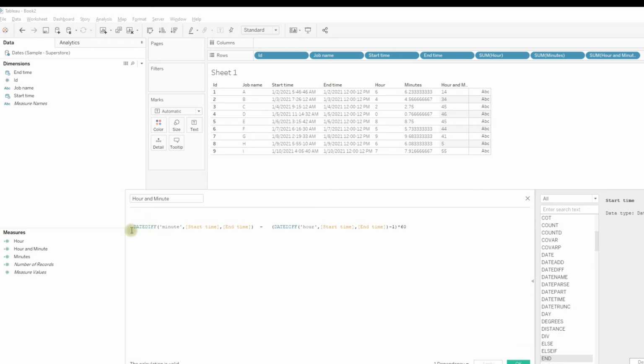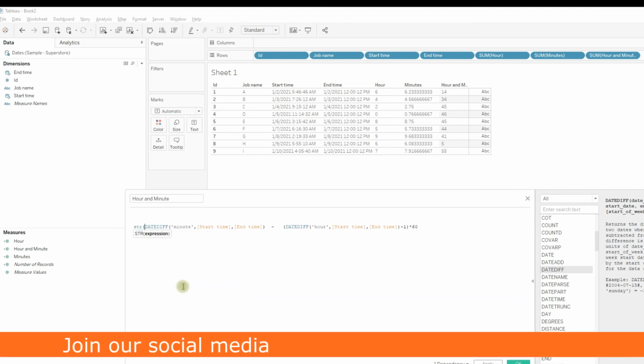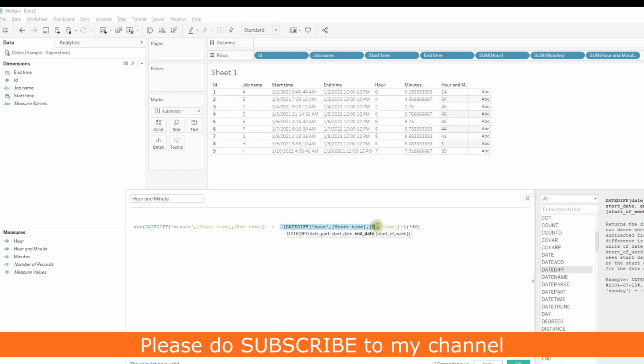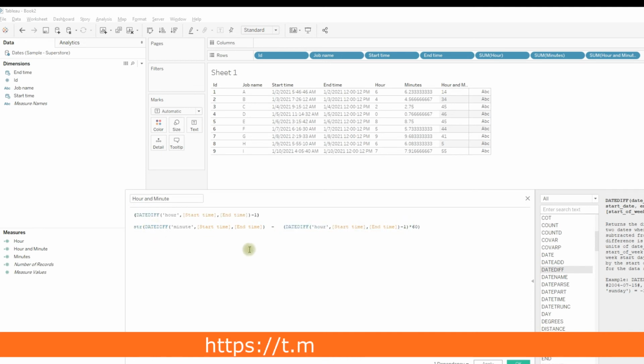Next, I will convert this one into a string so that I can append it with hours. To convert it to a string, just wrap it in the STR function. In the previous calculation we got the hours, so this calculation will return the number of hours.